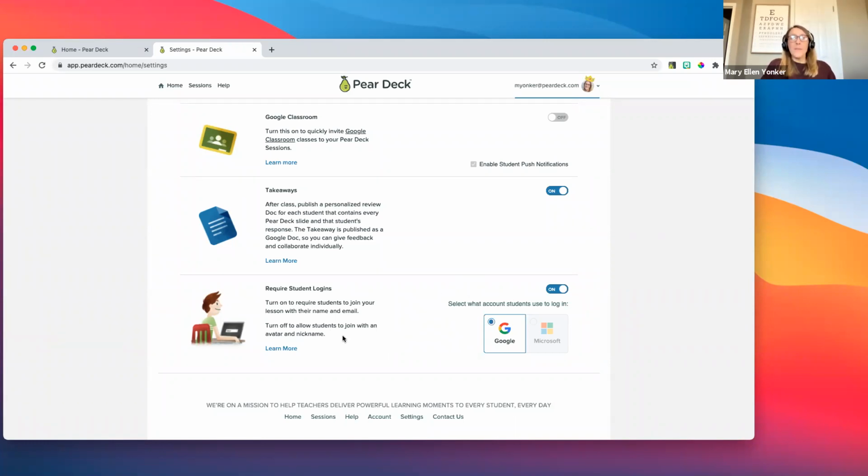They will have an anonymous avatar and nickname. So if you turn it off and they are not using their email address to join, you may want to consider adding a slide at the beginning of your slide deck asking for your students' names, preferably in text. So if you are exporting to a spreadsheet, you'll have that answer in your spreadsheet.